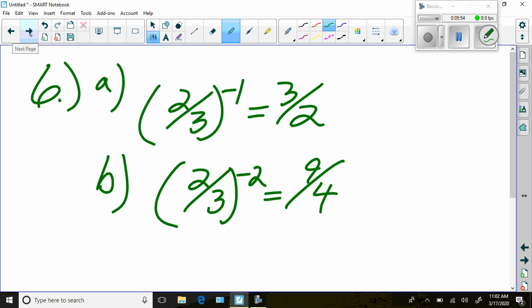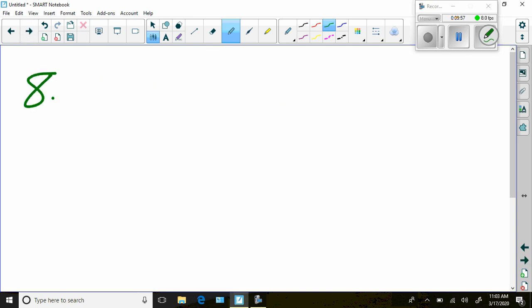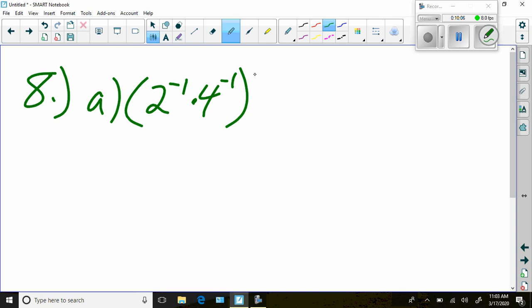Number 8. A says what's 2 to the negative 1 times 4 to the negative 1, all to the negative 1? Well, you can distribute that power because this is a multiply, okay? So this would be 2 to the first times 4 to the first, if you want to think of it that way. And then that's going to be 8. And that's it, okay? Then for B,